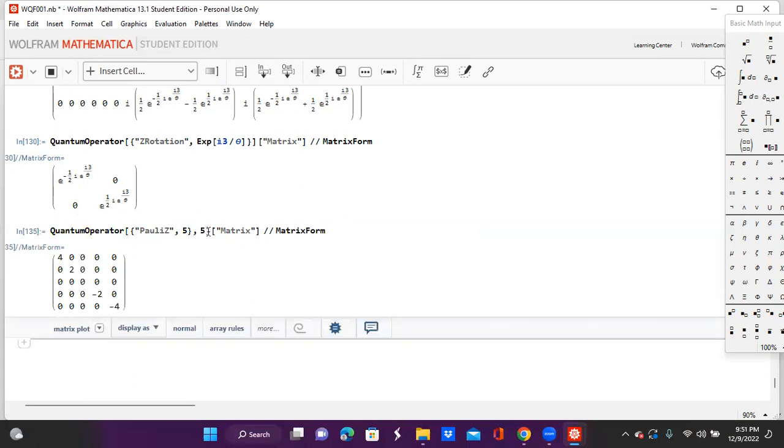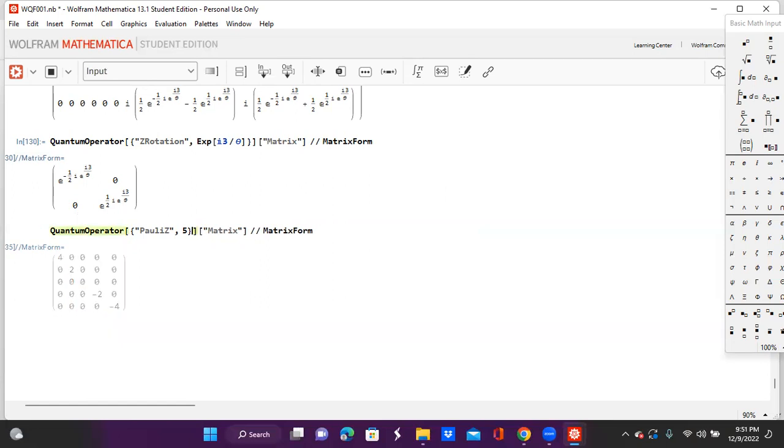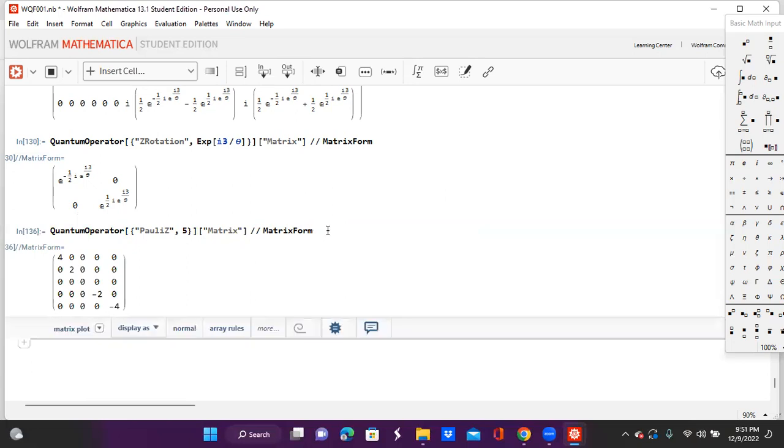Okay, so maybe not. Anyway, so we got a 4 here, a 2 here, a -2 here, and a -4 here. And that's the Pauli Z matrix. And then when you do a Z rotation operator, it's gonna